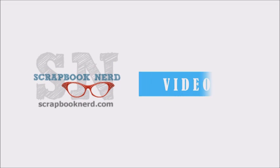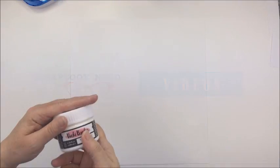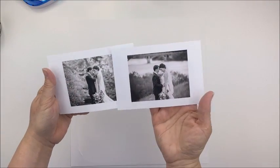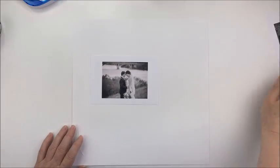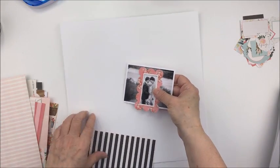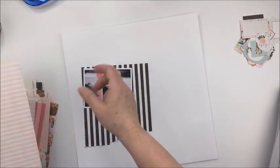I've got a layout here to share with you today for the Scrapbook Nerd online shop. I'm going to be working with some basil marshmallow cardstock as my base, and I've treated it with some Vicky Bouton gesso. I was choosing between these two photographs, which I've printed in black and white at 4x3. I wanted to just use one photograph on my layout today, and I'm working with a gorgeous Floral Market collection